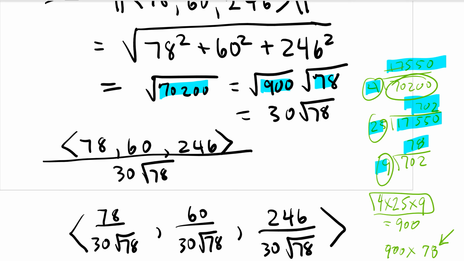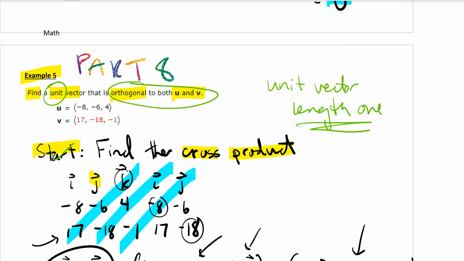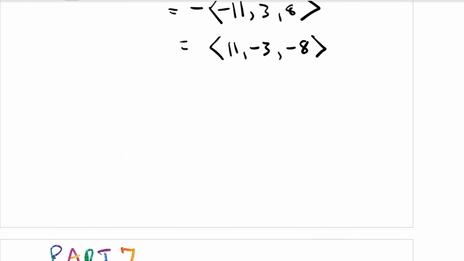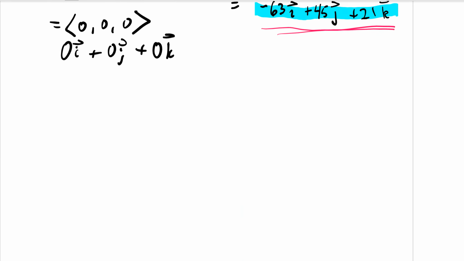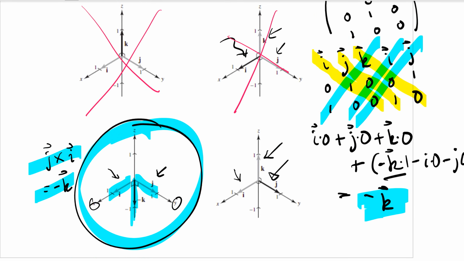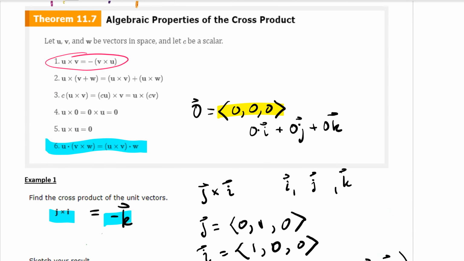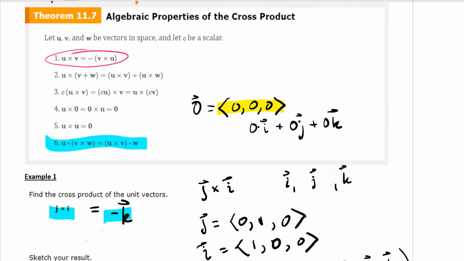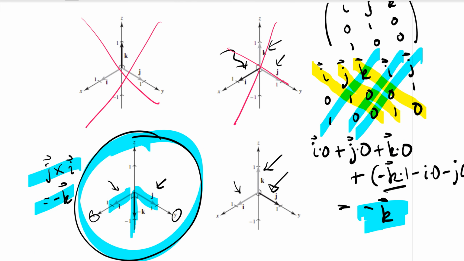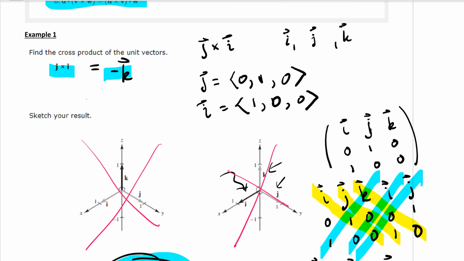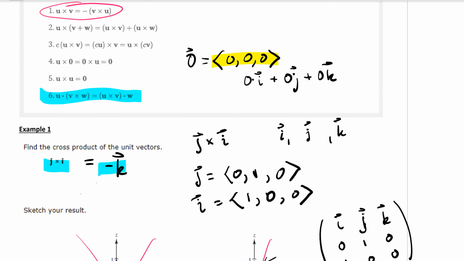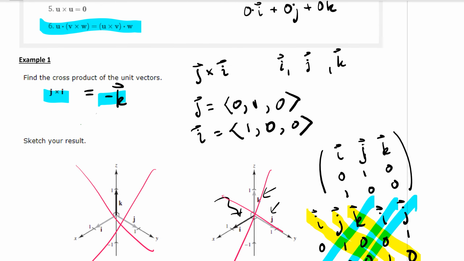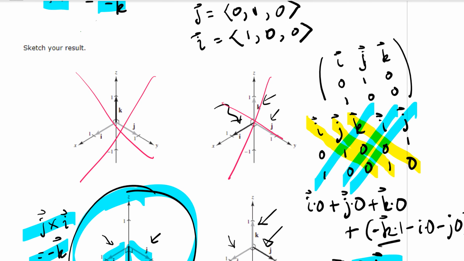The other real quick comment here is way earlier in this series of notes on the cross product, there was one of them where I did the calculations a little bit differently. It actually goes back to how I learned this in 1987. It turns out the same way, but I just don't want you to be thrown off if you caught this. This was part 4, this example, j cross i. And all it is that right here,